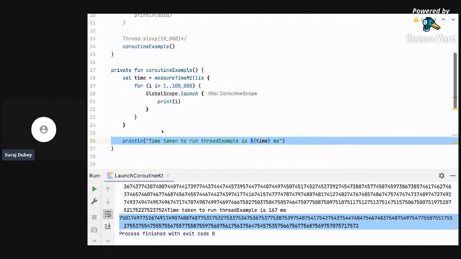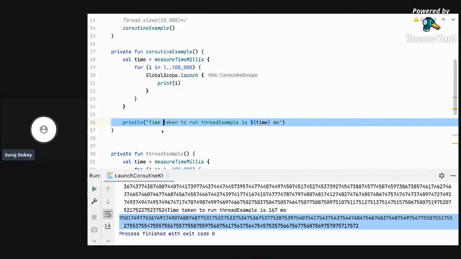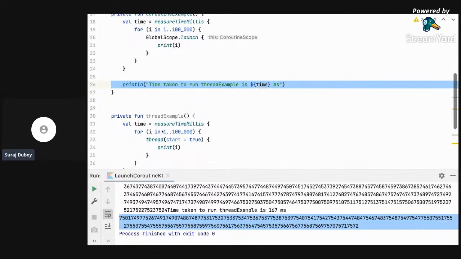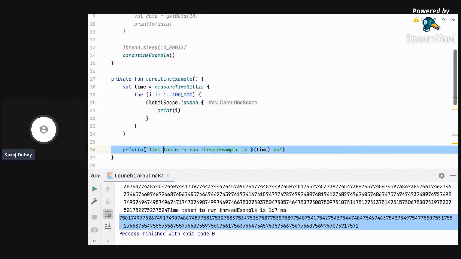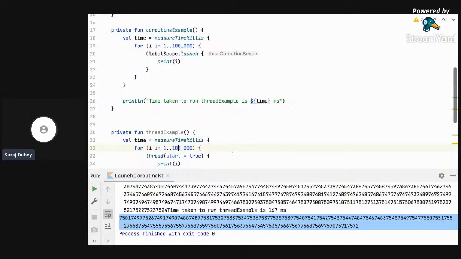So this is what it means by coroutines are very cheap, very lightweight threads. You can instantiate millions of them, and you still won't notice a huge performance difference. Whereas if I just do this a million times, if I just add one more zero here, my laptop would get stuck, even though it's probably the latest MacBook that we have here. So